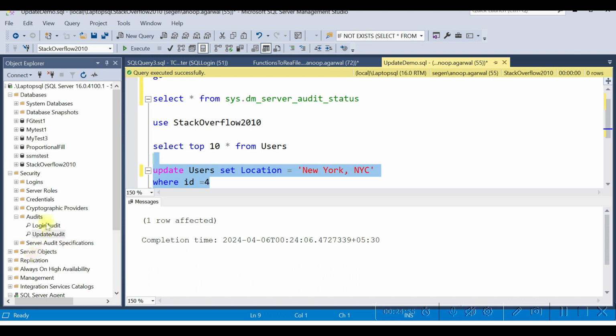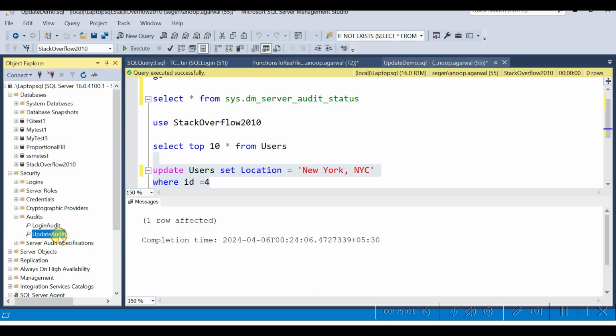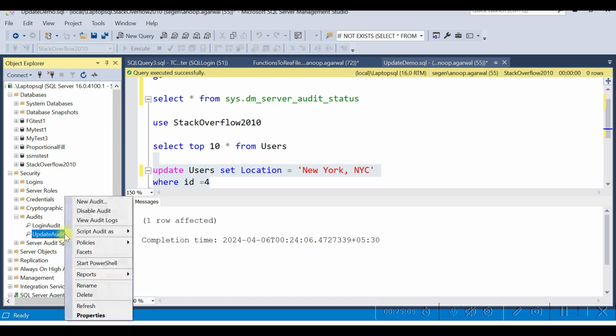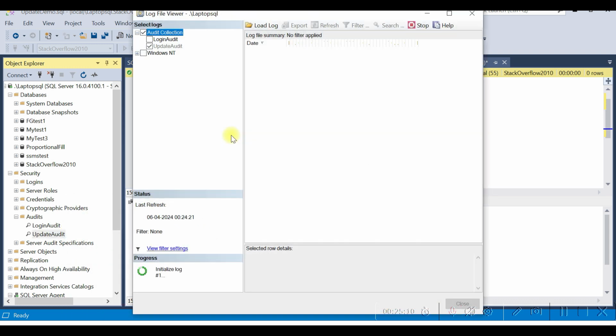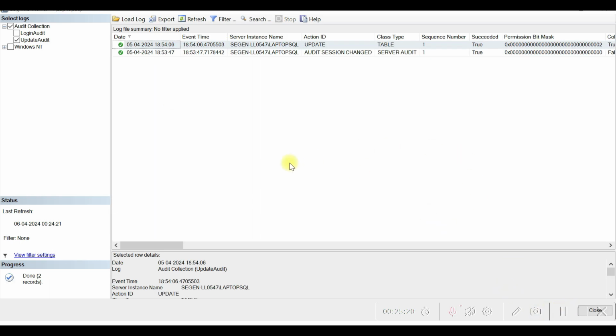Right, I've done that. Now let's look at our audit. So let me look at an audit. View audit logs. So here is the data. Now it will show you what has happened. So let's quickly